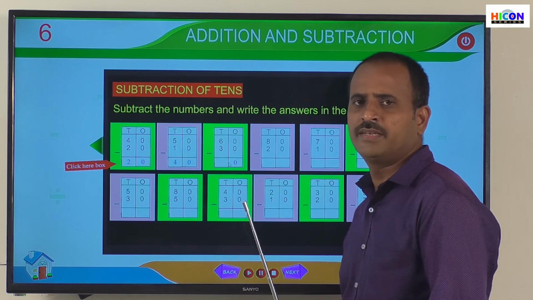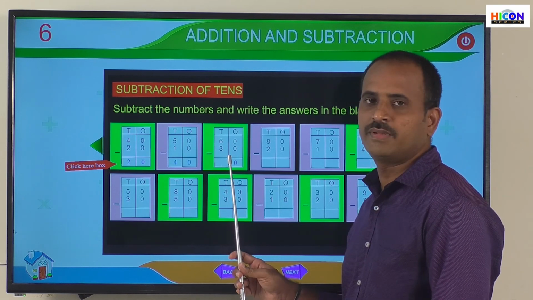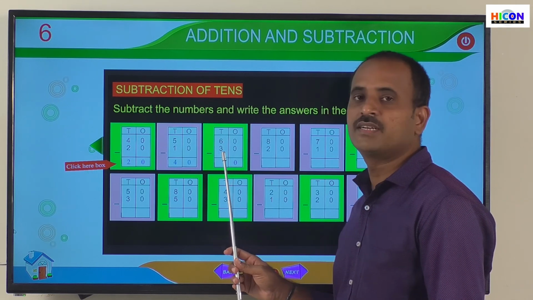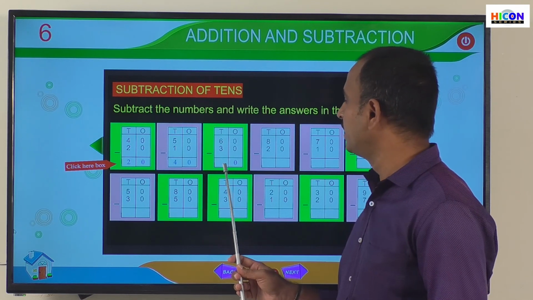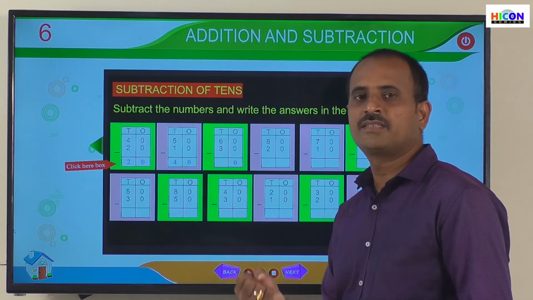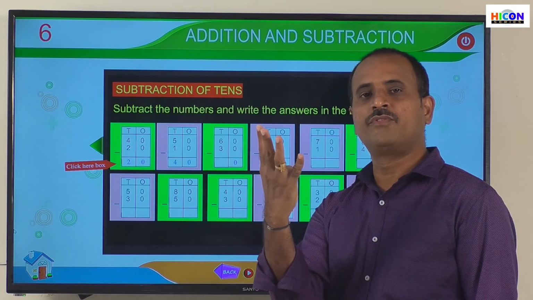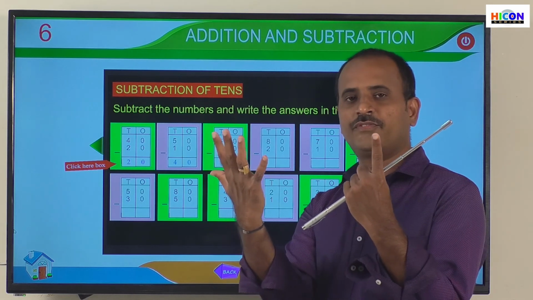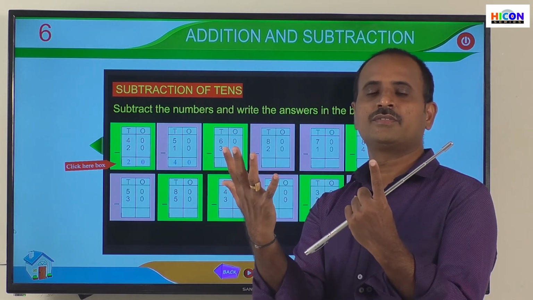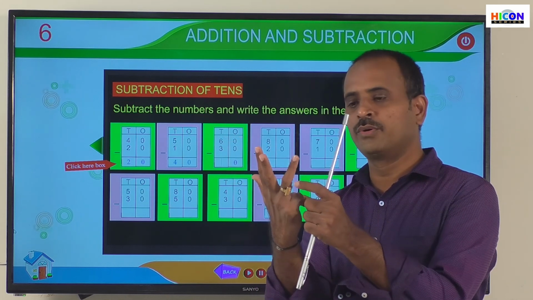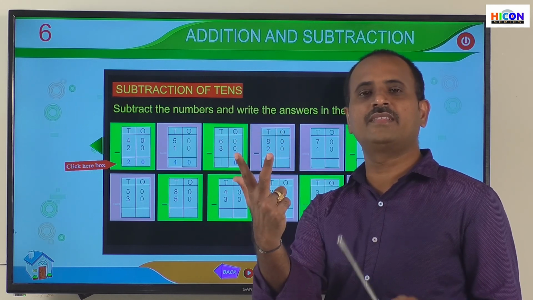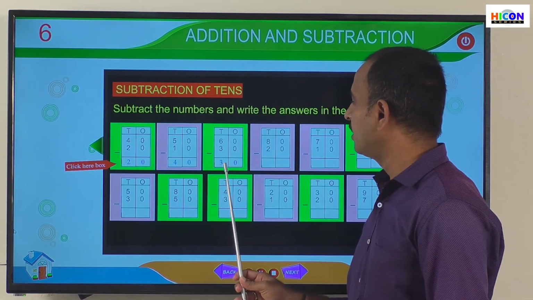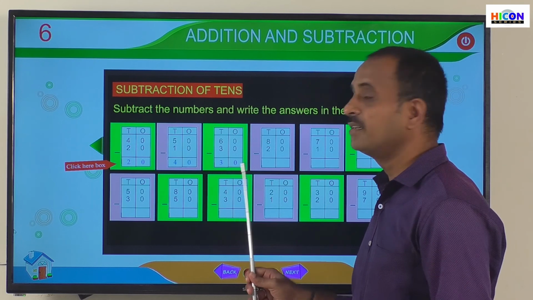Next we go to tens place. Subtract the digits present in the tens place. That is 6 minus 3. Open 6 fingers and close 3 fingers among those. Then the remaining fingers will be written in the box. So open 6 fingers, 1, 2, 3, 4, 5 and 6. Children, these are the 6 fingers and close 3 fingers among these 6 fingers. So close 3 fingers, 1, 2 and 3. Children, how many fingers are there remaining? 1, 2 and 3. So write 3 under tens place. So the answer is 30.